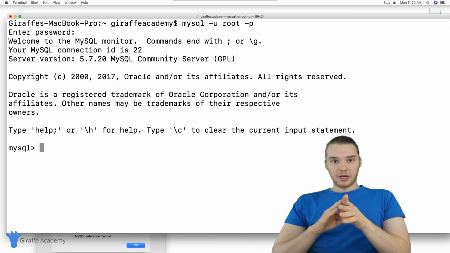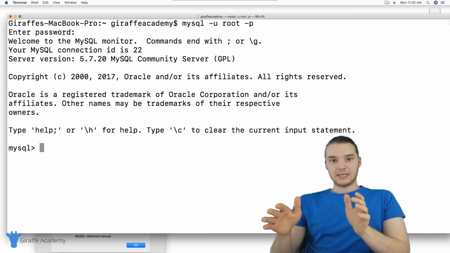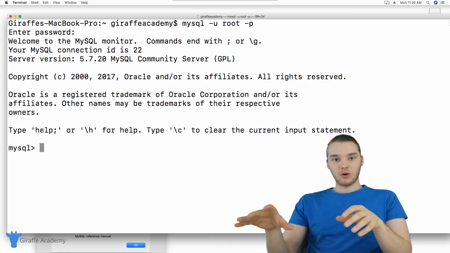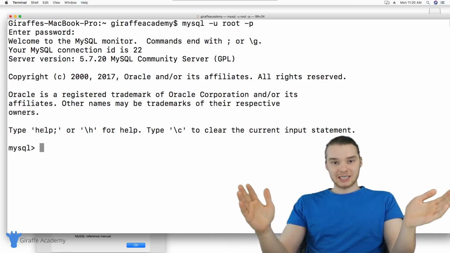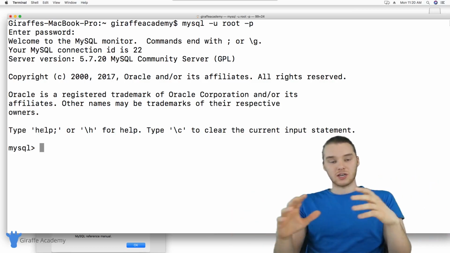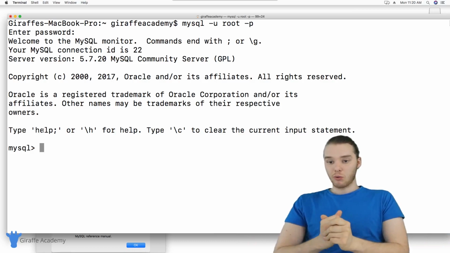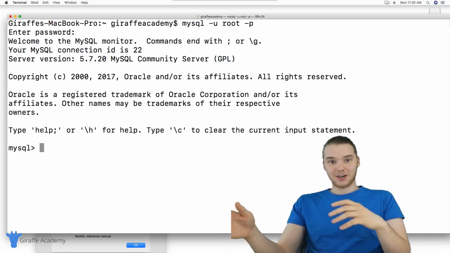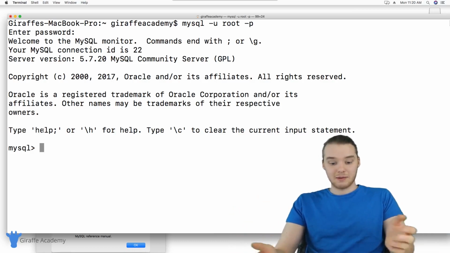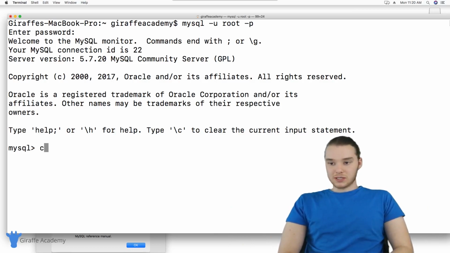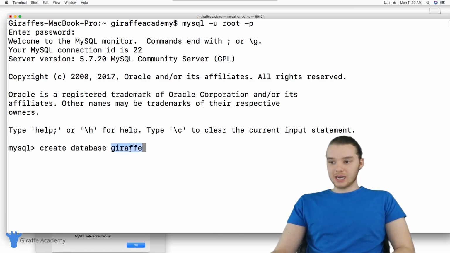So the next thing I want to do really quick is we're actually going to create a database. So MySQL is a database management system. So what it allows you to do is manage and keep track of different databases and the information that are in those databases. So what we want to do before we can actually get started is we want to create an actual database, right? So what we can do is we can just type out CREATE DATABASE, and then I'm just going to name this database draft, just like that. So I'm creating a database,